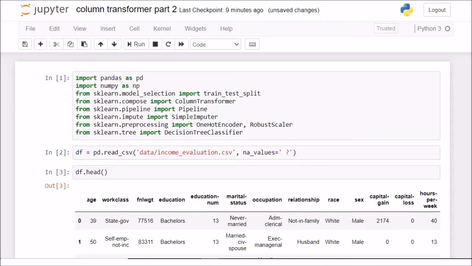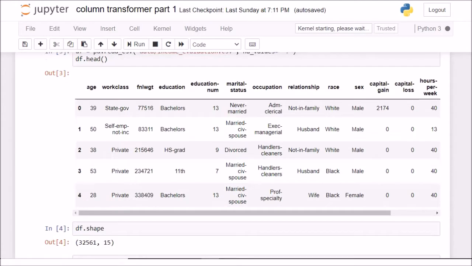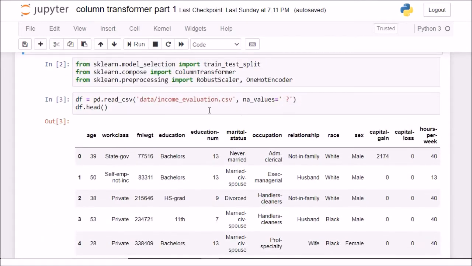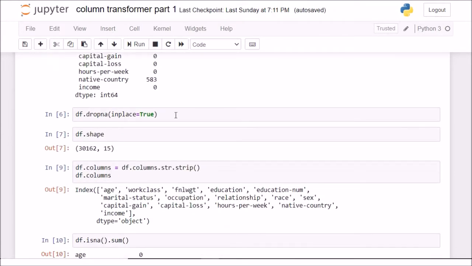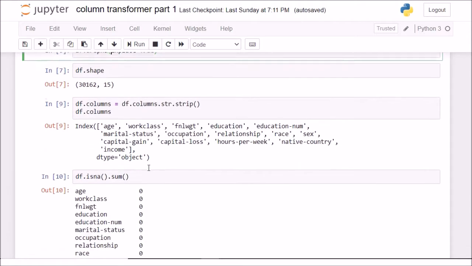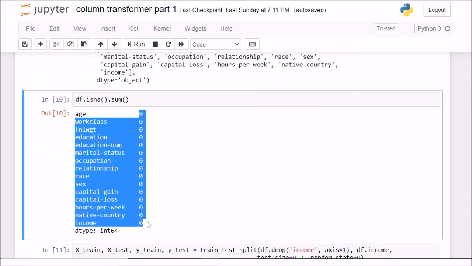Namaste. In this session, we are going to look at column transformer part 2. Now, if you remember column transformer part 1, we so conveniently excluded all the missing values when we said dropna inplace equals True, because I said that time that to make the learning curve easy, I'll exclude all the missing values. And in a later class, we will look at an example which has missing values and how to use column transformer and pipeline in that case. Okay, so this is what we'll be doing now.